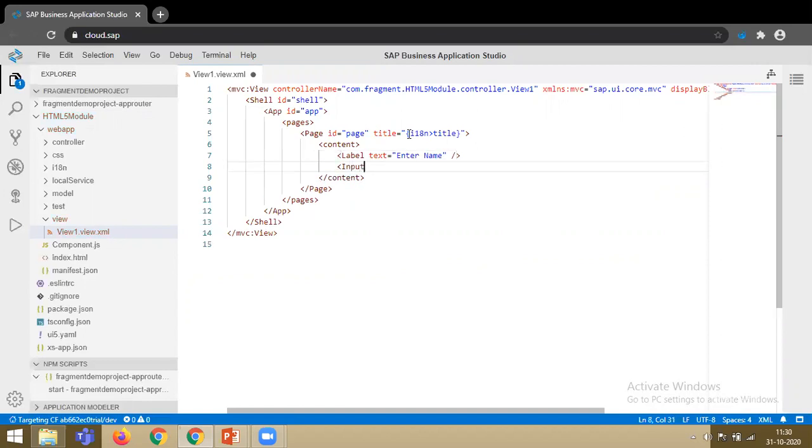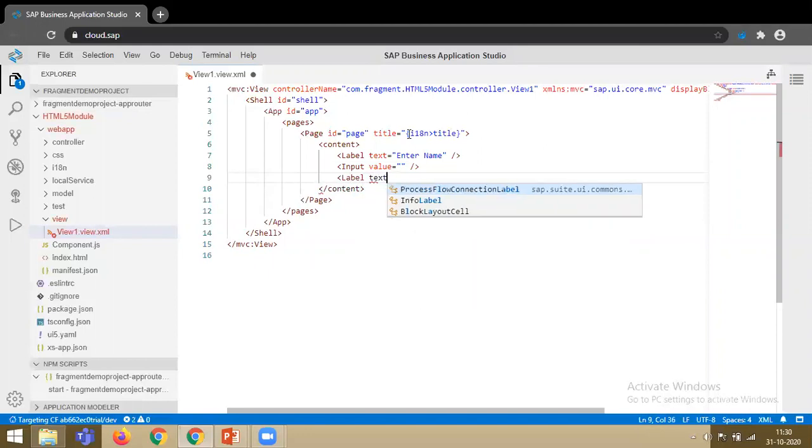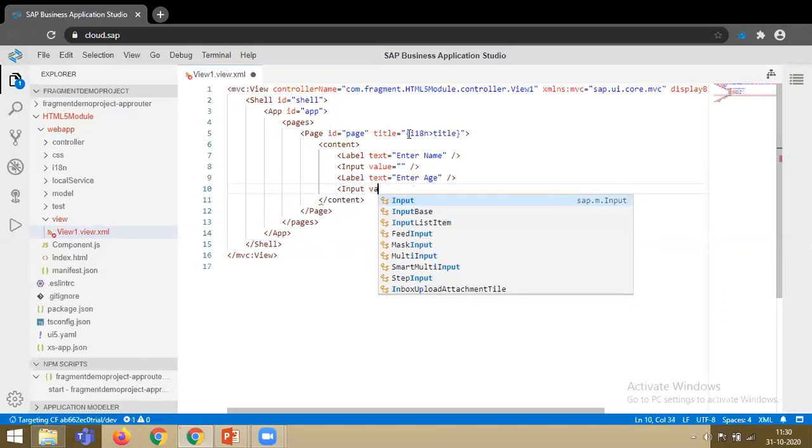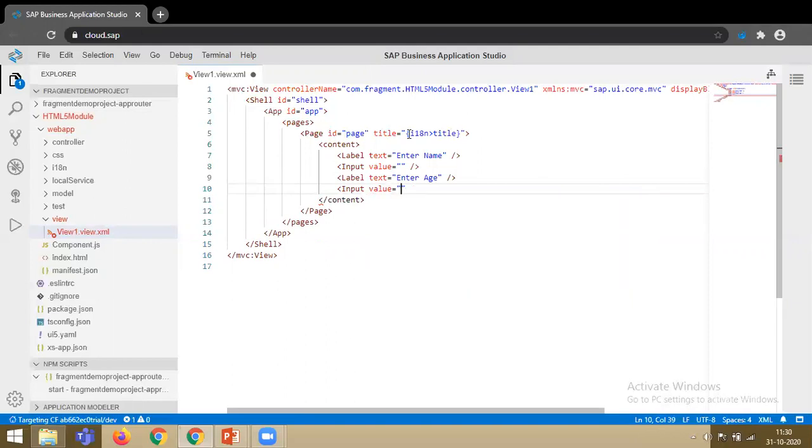After that, I'll declare the input field with the value empty. Next I have the label with the text enter age. Then we have the input for the age. Let's give the ID to this input as inp underscore.